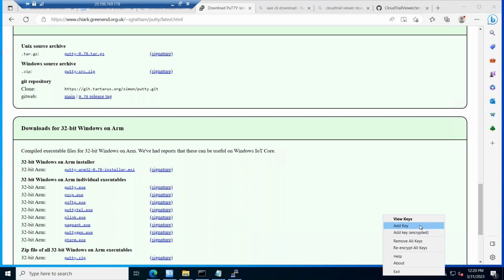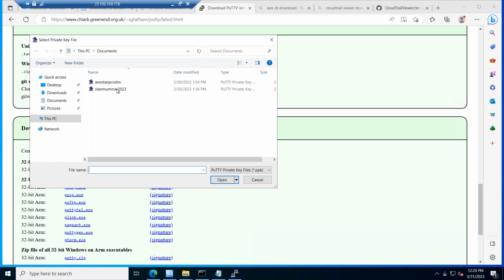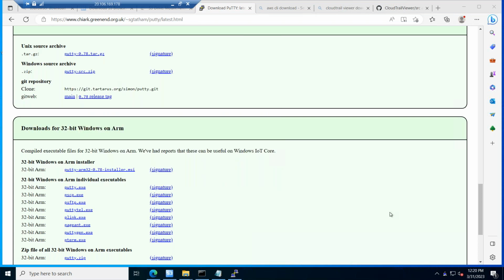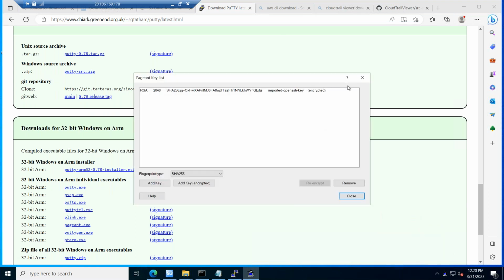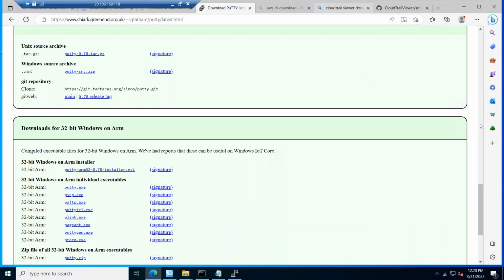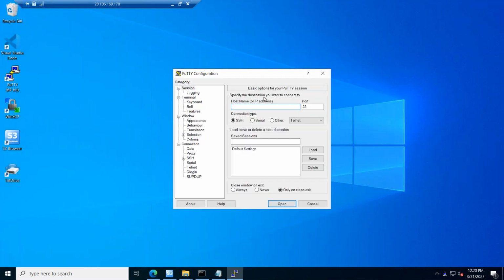So it is the authentication agent where I'll go and add the key in an encrypted way. I'm not going to store it straightforwardly without encryption. I'm going to store it in an encrypted format. If I just go and see the keys, I can see that it is stored in an encrypted format. Now, once I have added that key on the Pagent file,